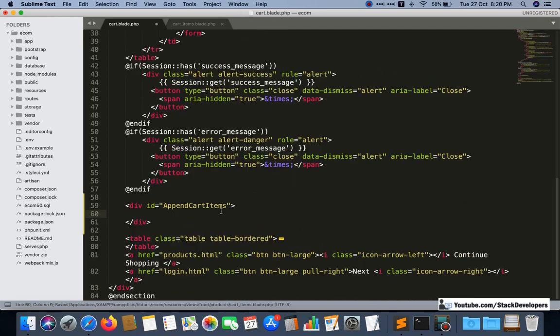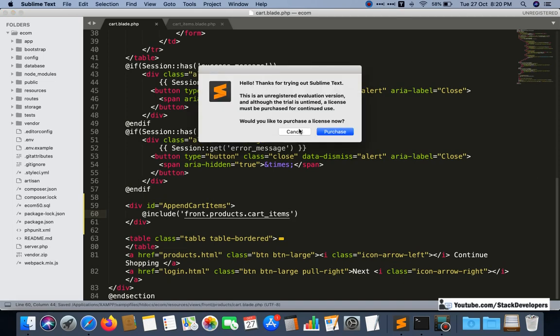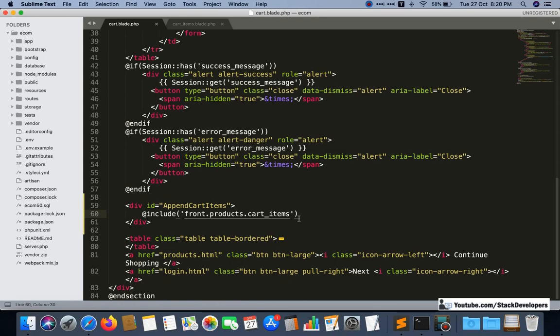Here I'm going to include this page, under front products cart_items. So I have included this page in the cart blade itself. We know why we have done this, why we have moved the content to another page: because we want to refresh it every time we add some items, remove some items, or apply a coupon code.